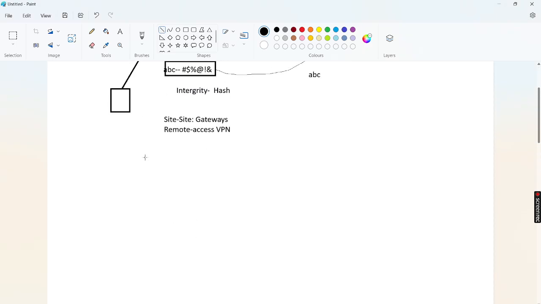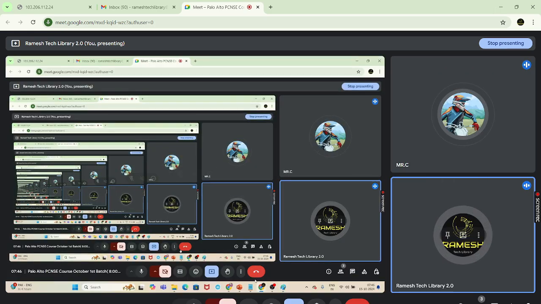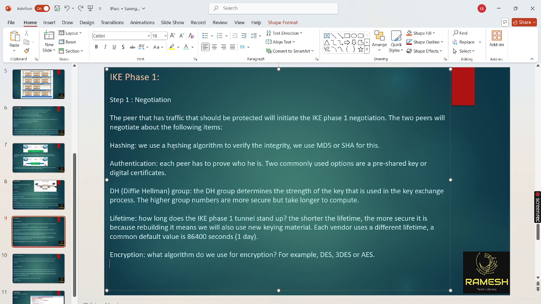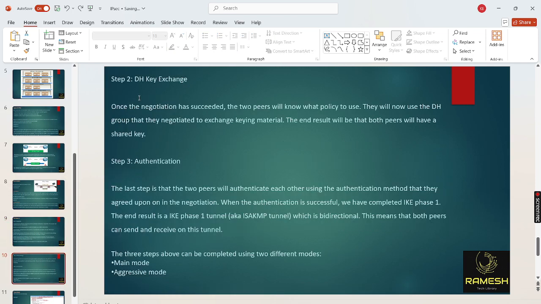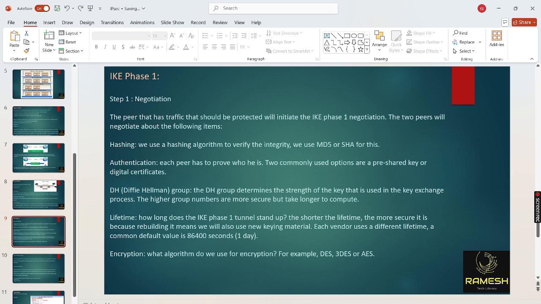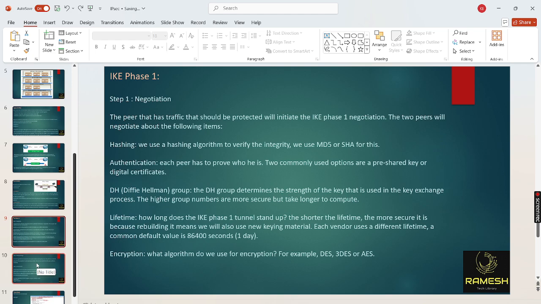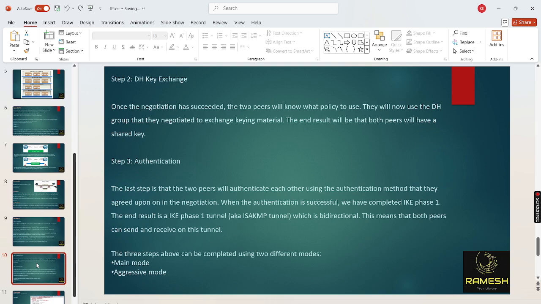parameters. In phase 1 we have two modes. Whatever we have discussed here is step 1, and in step 2 we have a DH key exchange, where here we have discussed the negotiation. Whatever DH group we have negotiated here will be exchanged between the sender and the receiver, whether it is group 1, group 2, or group 24. Whatever group we have negotiated here,